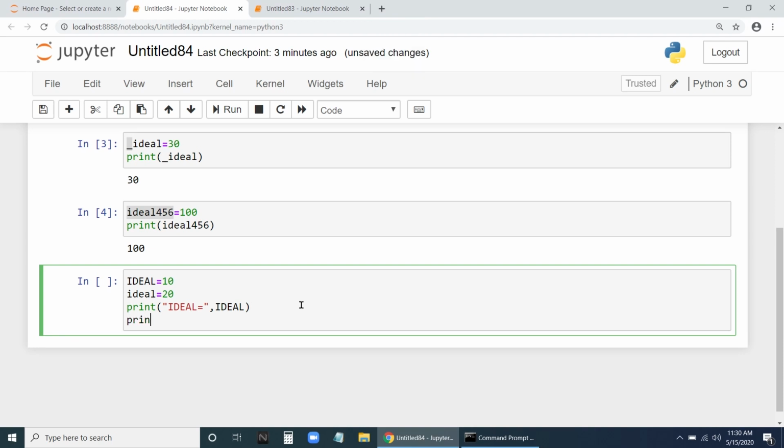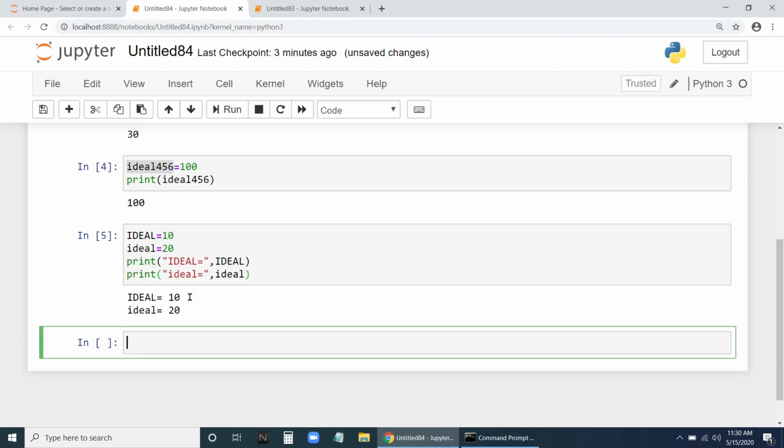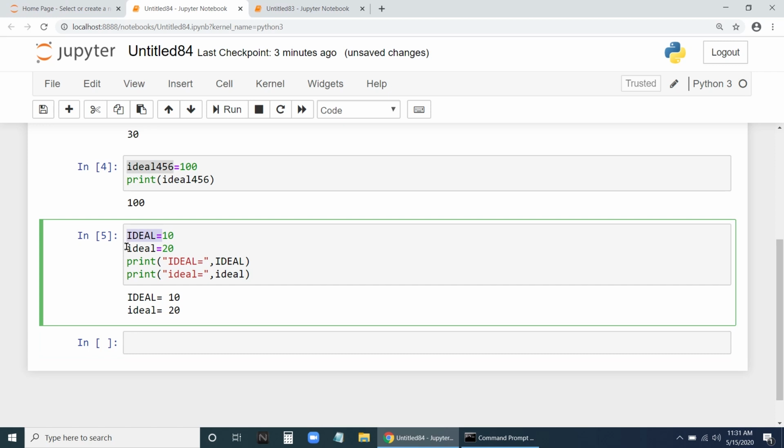Print ideal equal to ideal. Capital ideal is 10. Small ideal is 20. Let us run this. You can see both are different. Even though the name is ideal, the capital letters make it different. So it is case sensitive. Python is case sensitive.